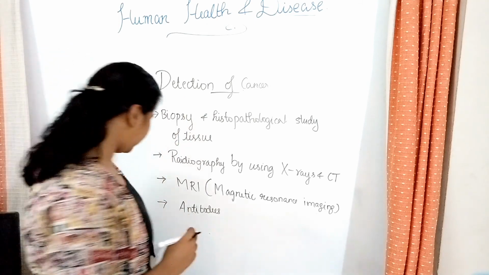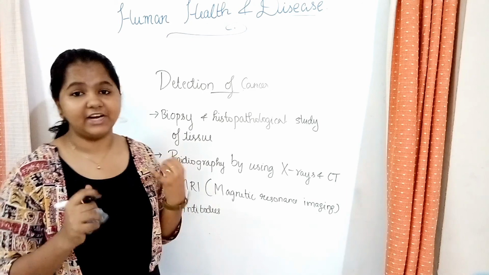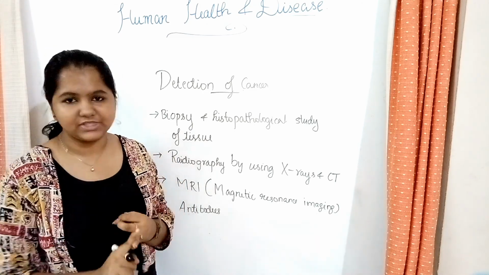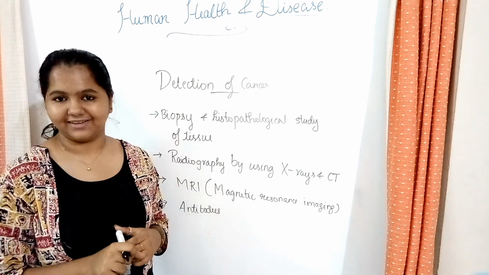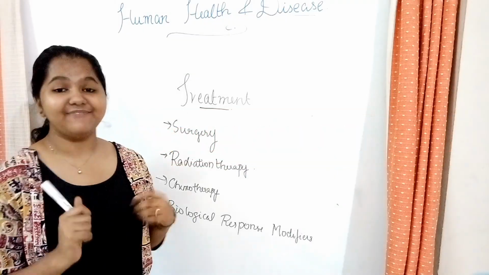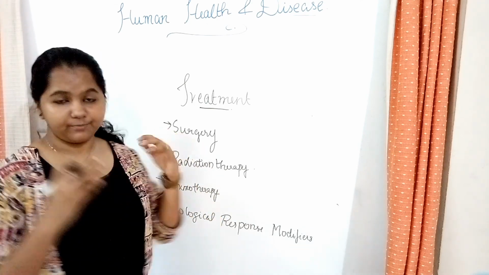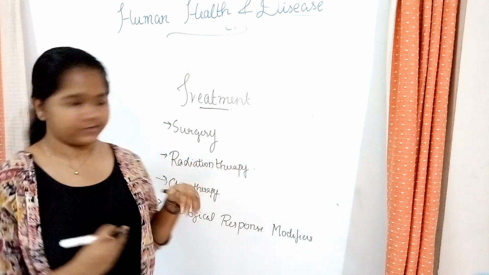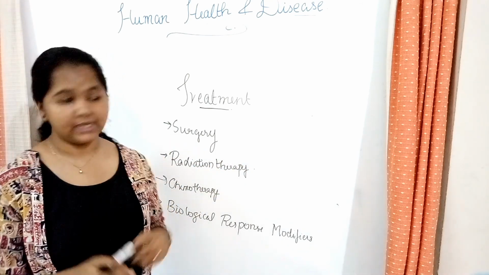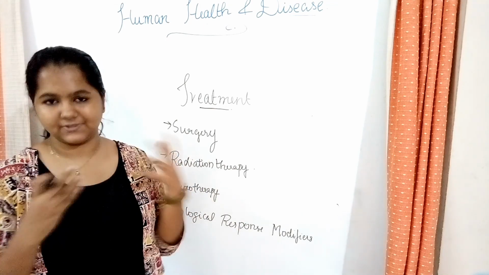Now we learn about the treatment. We have heard about people having chemotherapy, radiation therapy, medicines, pills, etc. So now we will see about all of that. Surgery is a very common one. The tumor is removed by surgery, which will eliminate the mass of cells so that the cancer is removed. The next one is radiation therapy, where rays are given and then this mass of cells is destroyed.